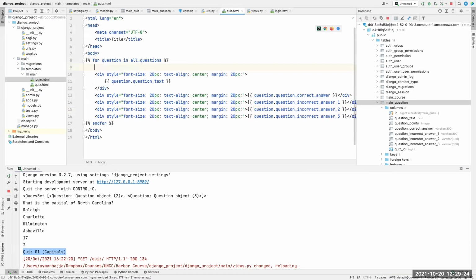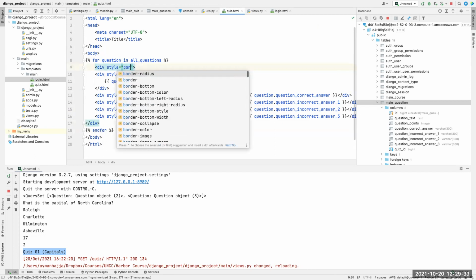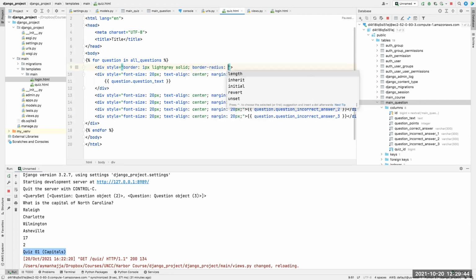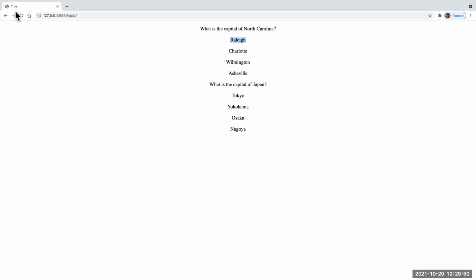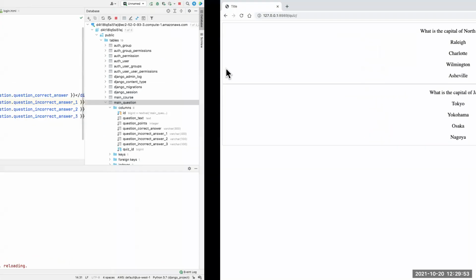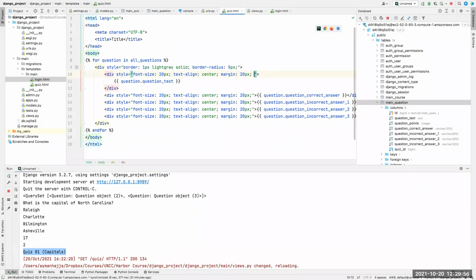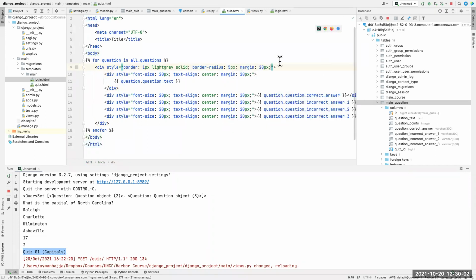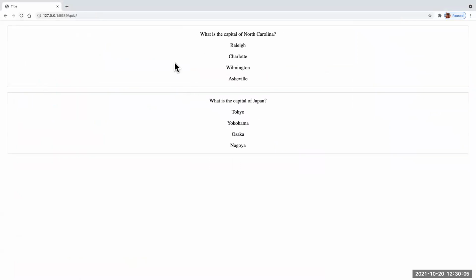Another thing that we can do is put everything in a div, the question and the answers, and maybe create a border. We can style it with a border of 1 pixel, light gray, solid, and a border radius of 5 pixels. If you refresh, it'll create those borders around those questions. I'm going to add margin, and I'm going to stop styling it. We shouldn't spend too much time here. So I just added some margin around the question. Right now I have 2